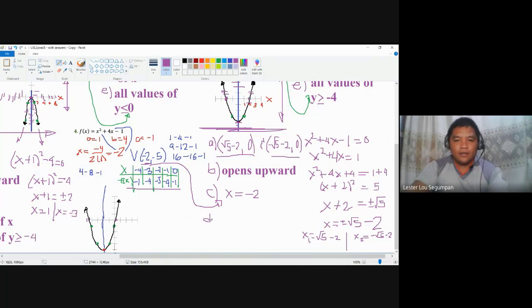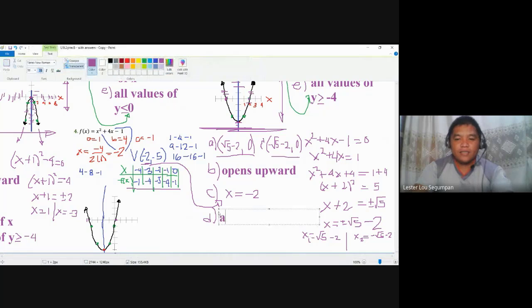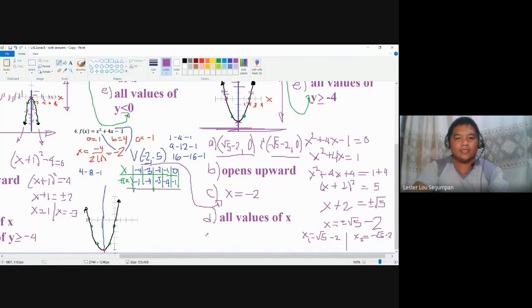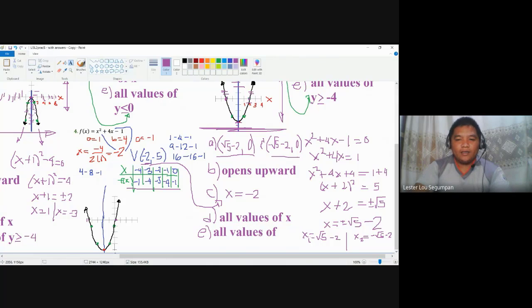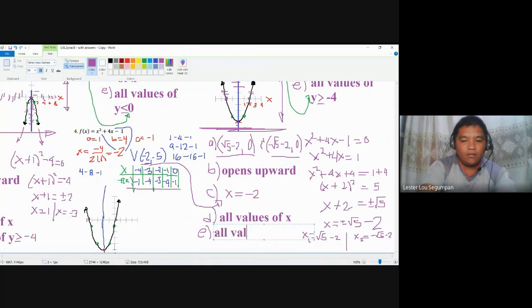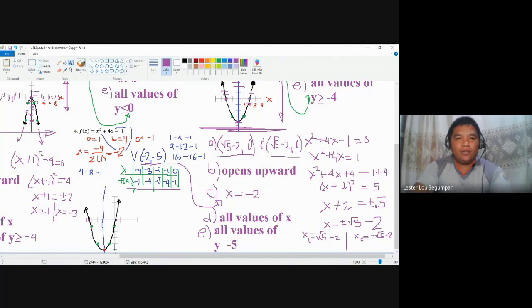And then you have here letter D. Letter D, all values of x, because any value of x could be substituted in the given. And for letter E, this is now the last for our second grading. You have all values of y. Pardon. You have all values of y, negative 5, because this is the value for the y coordinate of the